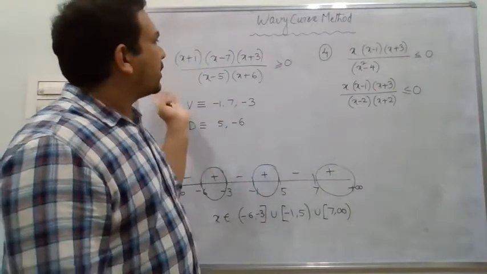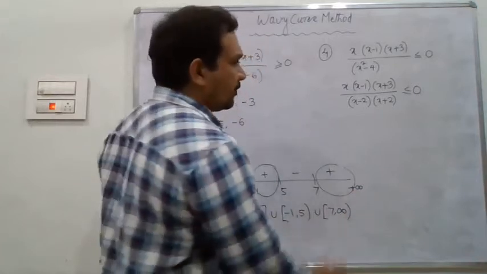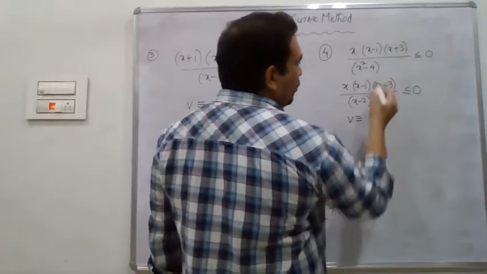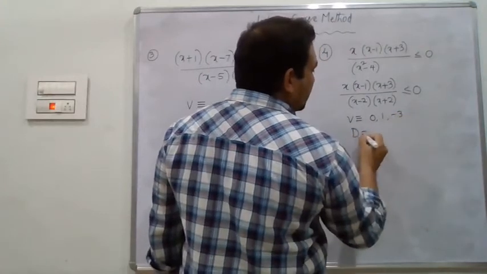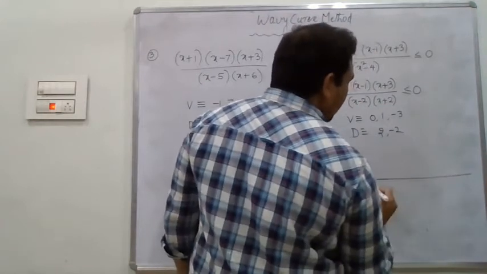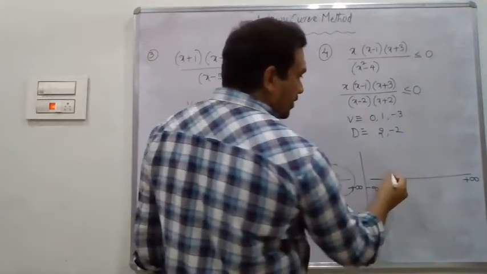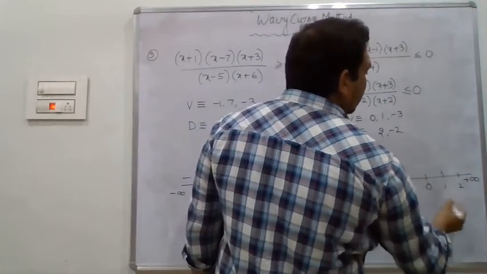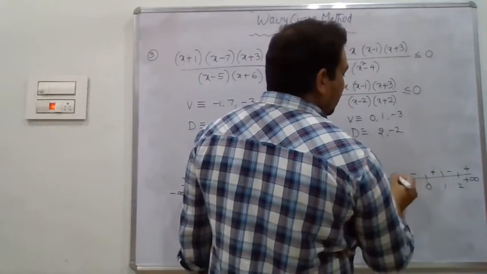Now this is exactly the way we need it. We always need the factors, and we got linear factors here. So for this we can do the procedure. What is the procedure? First of all, write all the vanishing points, where the numerator can become 0: x equal to 0, 1, minus 3. What are the discontinuous points? 2, minus 2. Next, take a real line and place all these vanishing and discontinuous points in ascending order. First we start with minus 3, minus 2, 0, 1, 2. The first region is positive, with alternating sign change: minus, plus, minus, plus, minus.